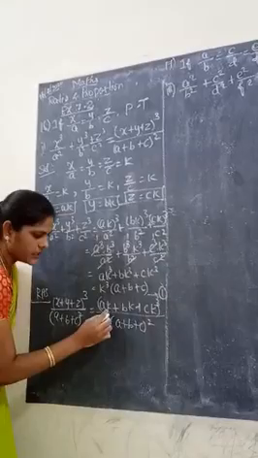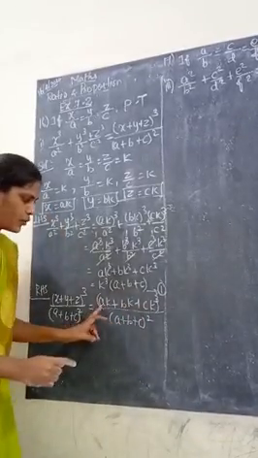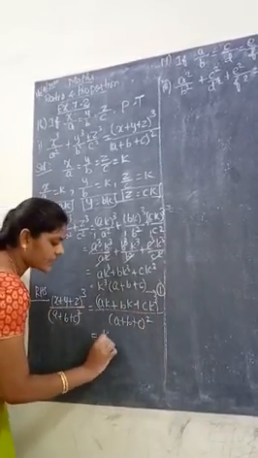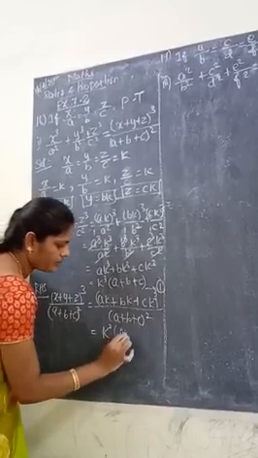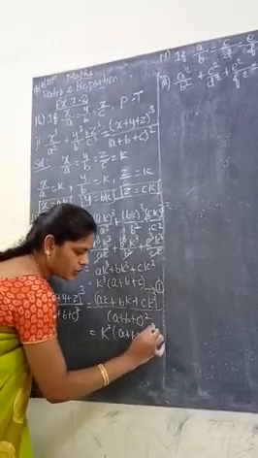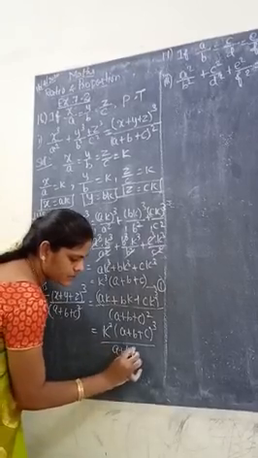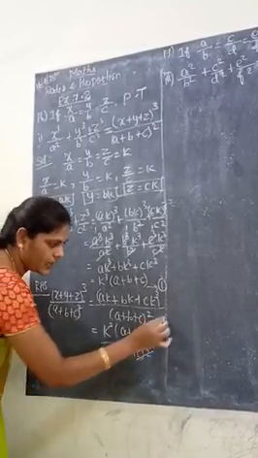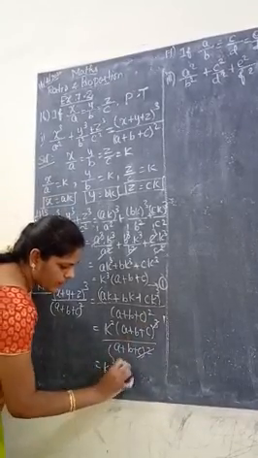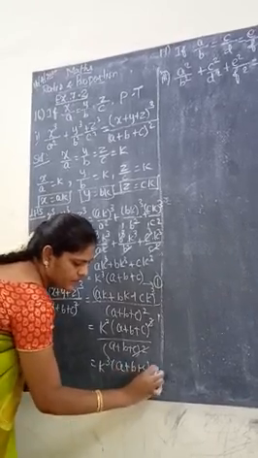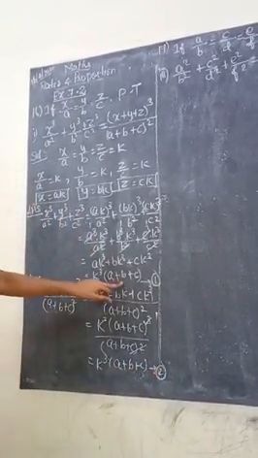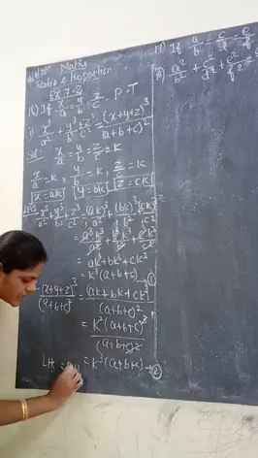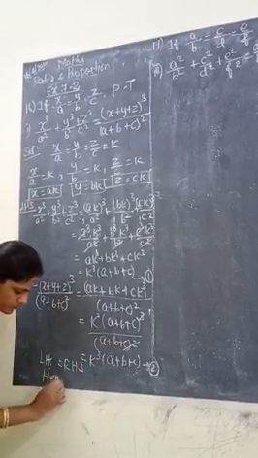Next, listen here. Take k. In all these terms we have k, so this is a cube term. Better to take k cube as common. Remaining term a plus b plus c the whole cube divided by a plus b plus c the whole square. So the square term cancels, remaining 1. So k cube into a plus b plus c. This is equation number 2. So equation number 1 and equation 2 are the same. So left hand side equal to right hand side. Hence proved.